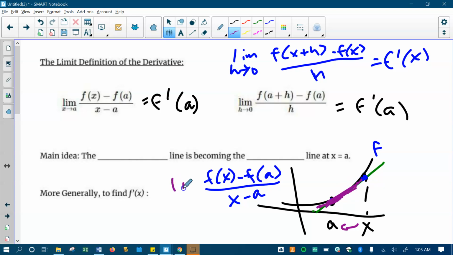The math notation way of doing that is by putting a limit in front, and we say as x gets closer and closer to a, when you take the limit of the slope of the secant line, you get the tangent line. So that's where these definitions come from to get an instantaneous rate of change. The main idea here again is the secant line is becoming the tangent line. It's supposed to be purple. Tangent line at x equals